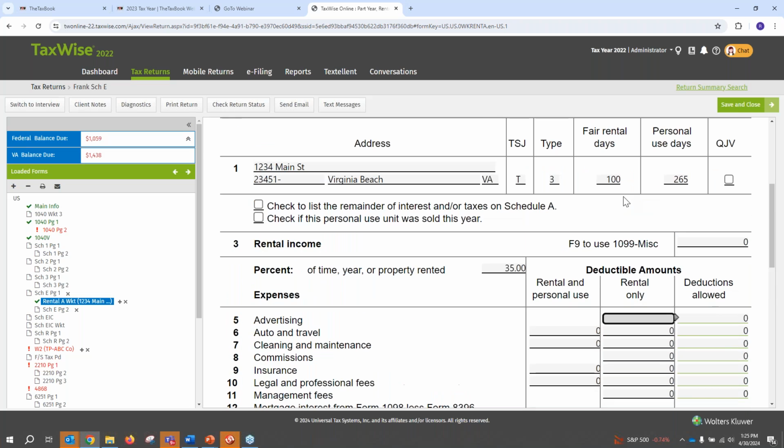So for this example, and actually I want to scroll up first before we start entering in these deductions. Let's go enter in some rental income, and let's say they had $35,000 in rental income. When I do this, the taxes are going to jump up by